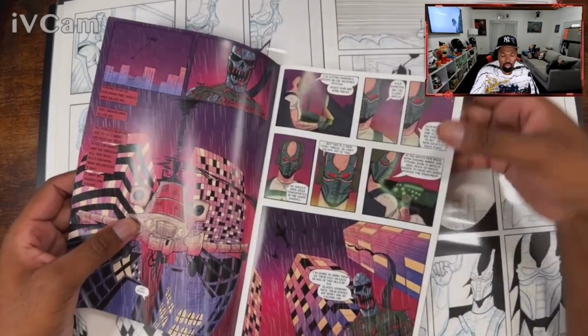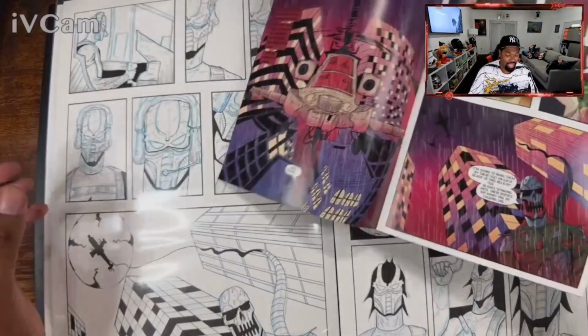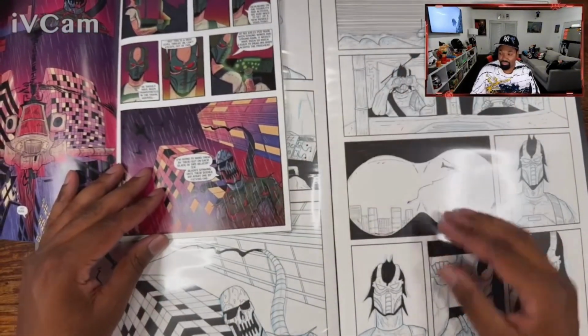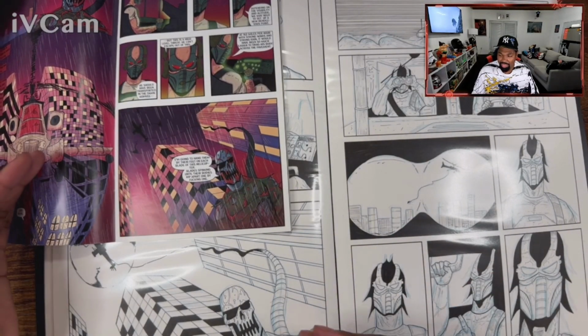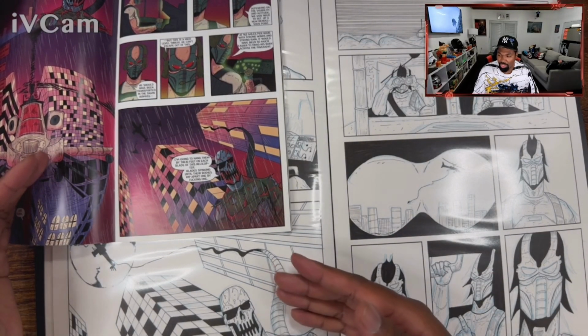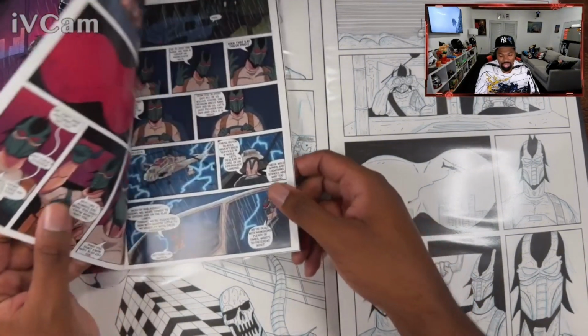So my book is a lot more vibrant, I should say. And let's see. I can't lift this up because there's something blocking this, but I think you guys kind of get the idea of what's going on. But this is how I pretty much colored everything. And then if we can go to the next page,